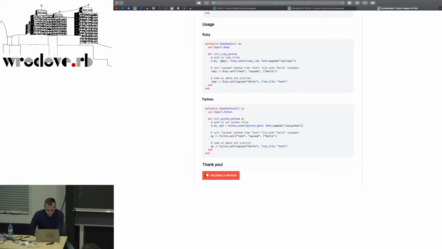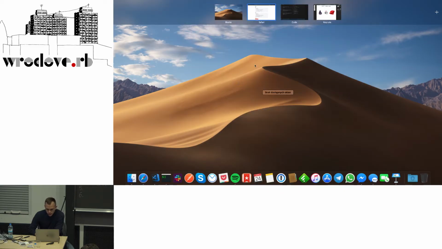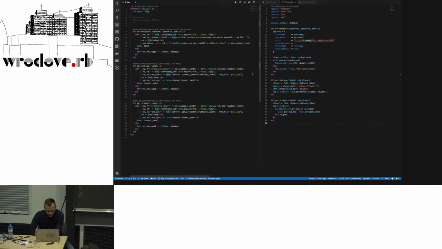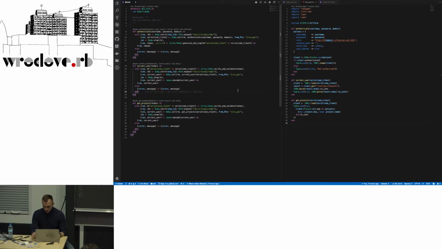Then this function will return a process identifier, which is used later on to call the actual Ruby code. In this case, this is the upcase function with a string argument, and then it returns the result. But this is a very simple example. The real world example is a little bit more difficult.